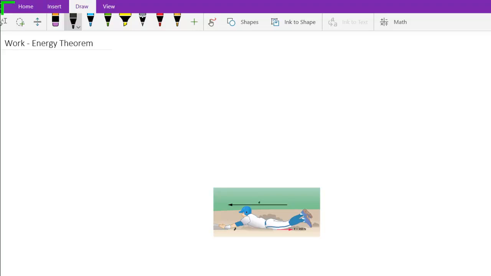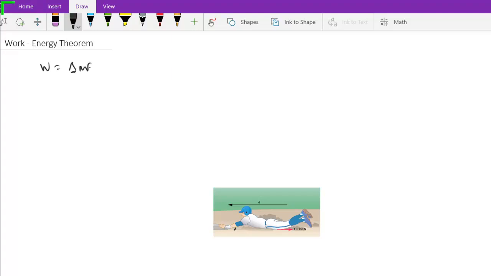Okay, in this video we're going to discuss the work energy theorem. So we've already seen that energy is the ability to do work. So we can say that any work done is equal to the change in our mechanical energy. And so we have here the work energy theorem, which states that the work done is equal to the change in